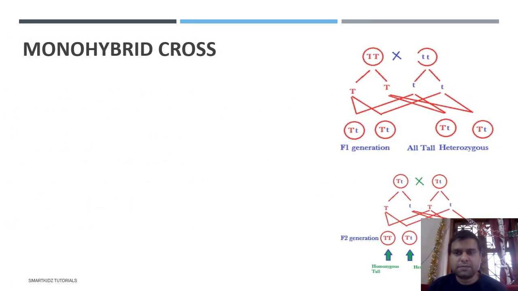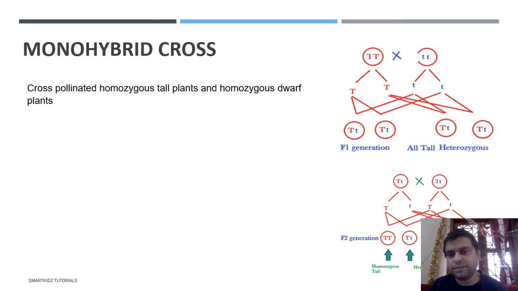Coming to the monohybrid cross in terms of the genotypes, you see the genotype over here, capital T, capital T. The phenotype would be a tall plant. So it is homozygous dominant. In this case, there is a small t, small t as the genotype, whereas the phenotype is a dwarf plant or a short plant, and this is homozygous recessive. So homozygous dominant will donate two capital T's, whereas homozygous recessive will donate two small t's.